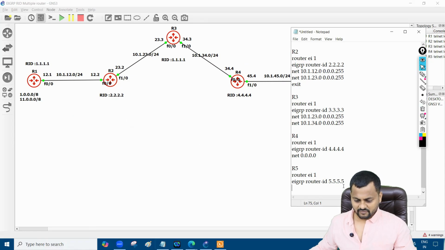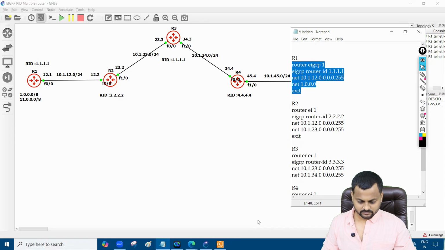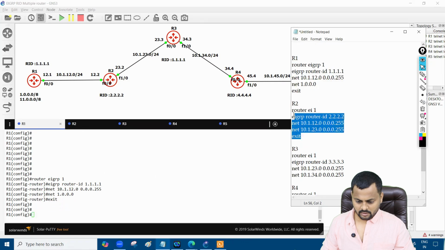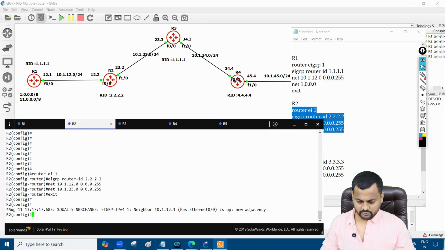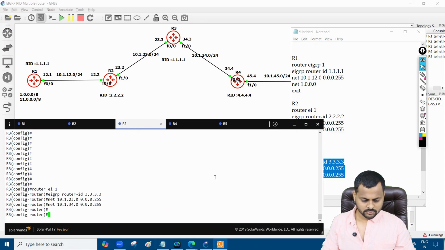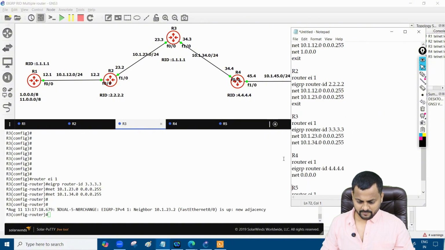That's good on router 5. And I have 45.2 as well. That's good. So on router 1, I'll configure this. Here we go. And router 2 as well. Here we go. And router 3 as well. Here we go. So you can see R3 is done now. On R4,